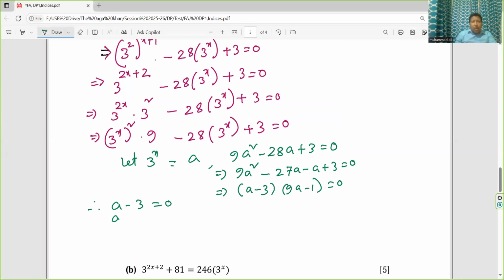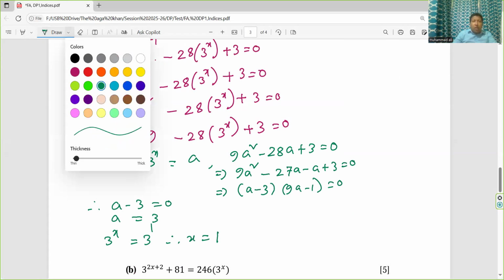So a equals 3. Instead of a, we can write 3 to the power x. So 3, if it is in single position, its power is 1. So from here we get x equals 1. So another value,